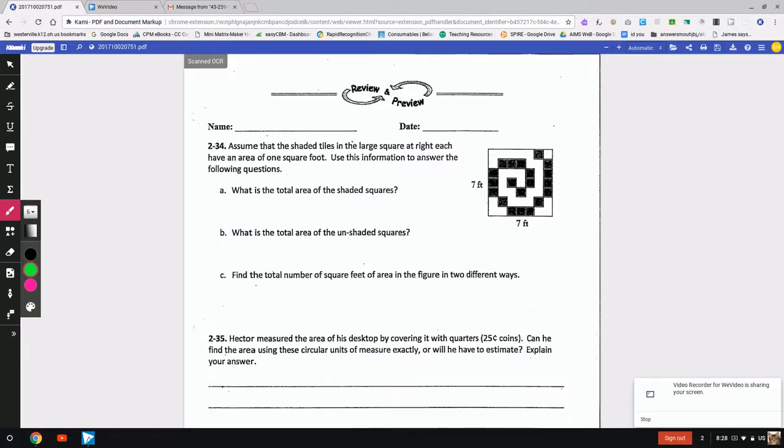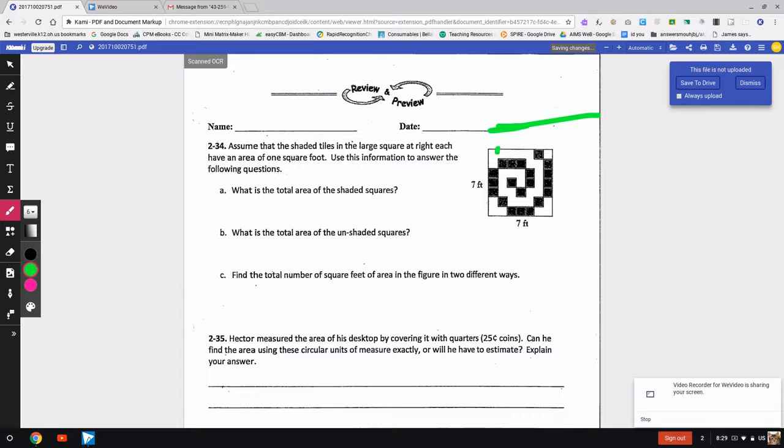Here's just a quick little overview of the homework tonight. Just moving into question 234. Taking a look at the picture right over here. Assume that the shaded tiles in the large square at the right have an area of 1 square foot, so use the information. The easiest way to do this would be similar to the question we had in class